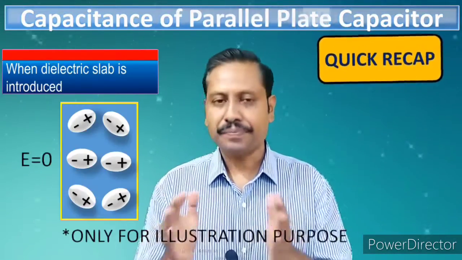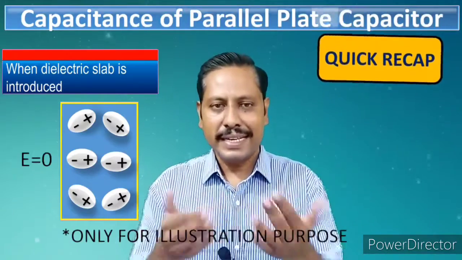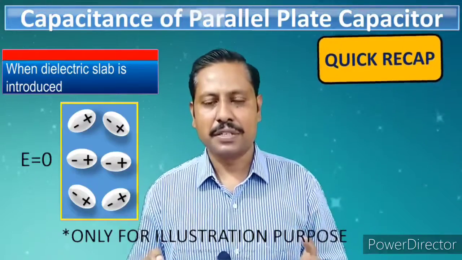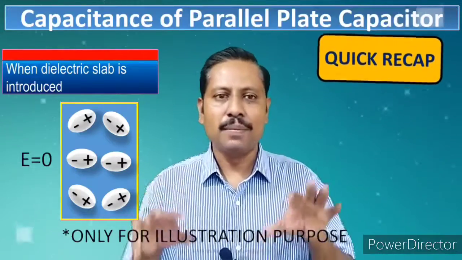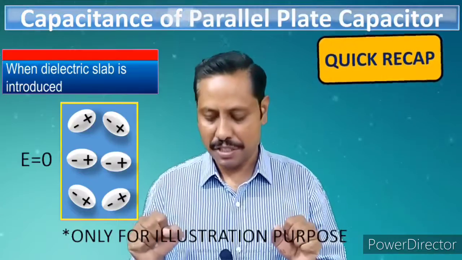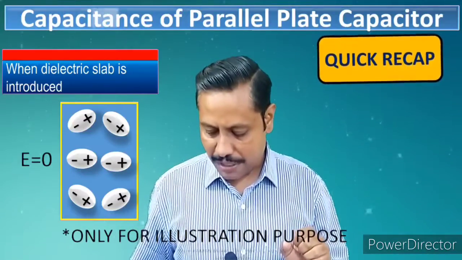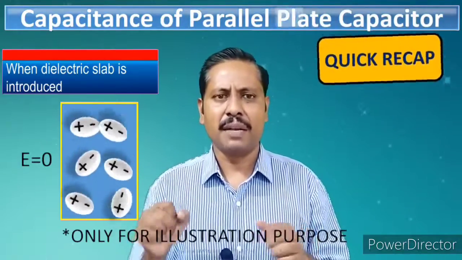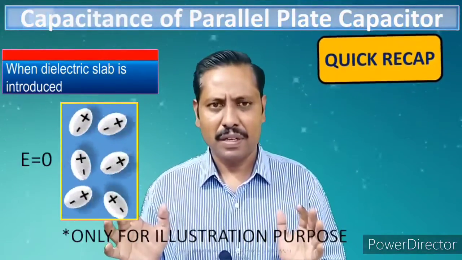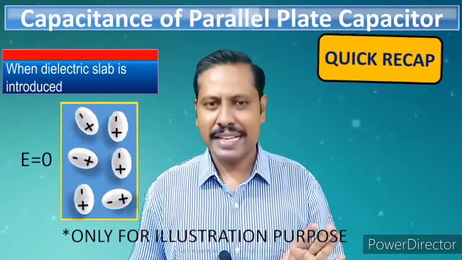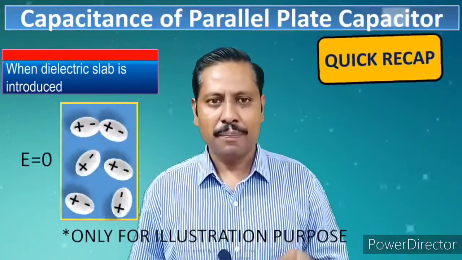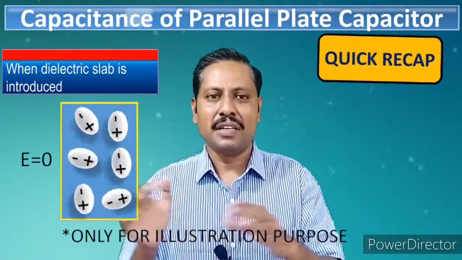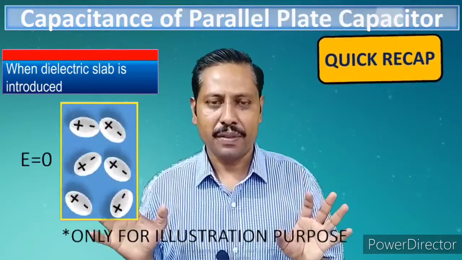So let us say that here we are having a dielectric slab. Let us say there are some intrinsic dipole moments present in the plate, but they are randomly oriented due to thermal agitations. So due to thermal agitation, what happens? These dipole moments can be reshuffled, they can go from here to there and like that. Just one thing make clear here, it is not the exact picture what I am trying to show here, but you try to understand that the dipole moments are arranged randomly. That actually I want to show here, right?